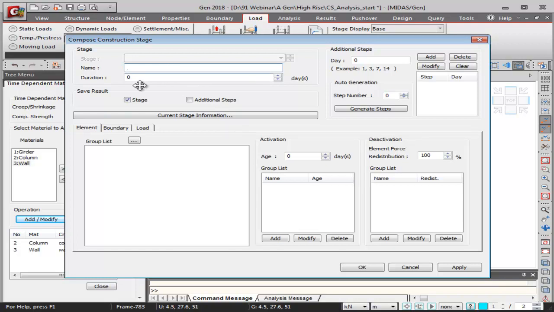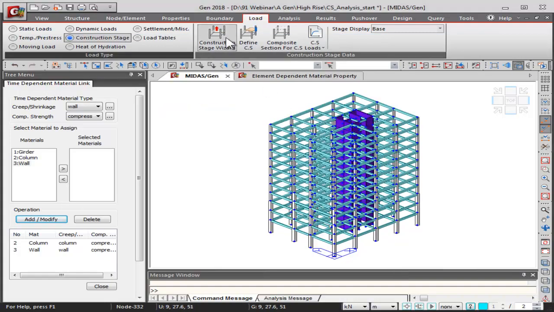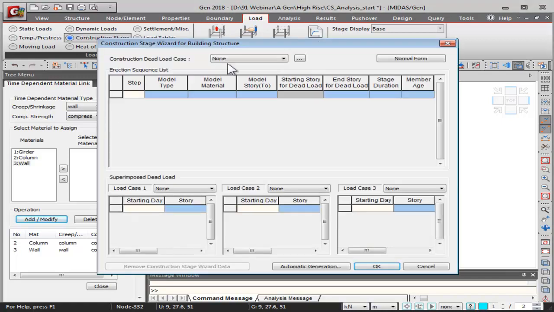All we need to do is provide the duration, and over here we need to create the groups for elements, boundaries and loads, and then activate or deactivate them in the construction stage. However, in this session I'm going to be using a very special feature, that is the construction stage wizard. So all I have to do is simply go to the construction stage wizard, and here just click on automatic